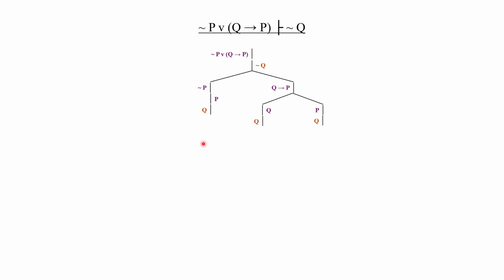Okay, so looking for contradictions, I don't see one here in this first branch. Looking here, oh, I've got one right there. I've got a Q on both sides, so that one's going to close. And I don't see a contradiction there. So here, this is going to be invalid,